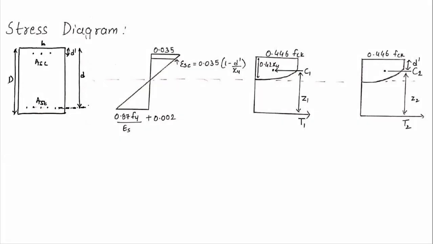Looking into it, this is our cross section of the doubly reinforced beam. The capital D, that is our overall depth, will be the same. Small d, that is our effective depth, will again be the same, from the top fiber to the area of steel in tension. The new term that has been added is d dash. Now d dash means top cover. That means the distance between the top fiber and the compression reinforcement is termed as d dash. Again, bottom cover and top cover are the two terms we will be dealing with.